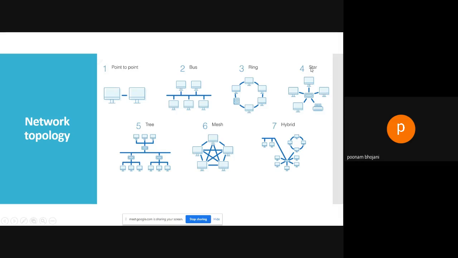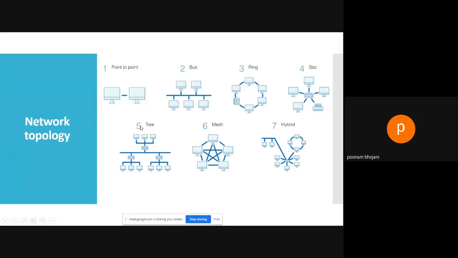Next is star topology. In a star topology, all the devices are connected separately, but all those devices are controlled by a central controller, which is also known as a hub, switch, or router. It can be anything. I will tell you the difference; there is a very small difference between the hub and the switch. Generally we are using it as a hub. A hub is a central control which will control all the data coming from the different devices.